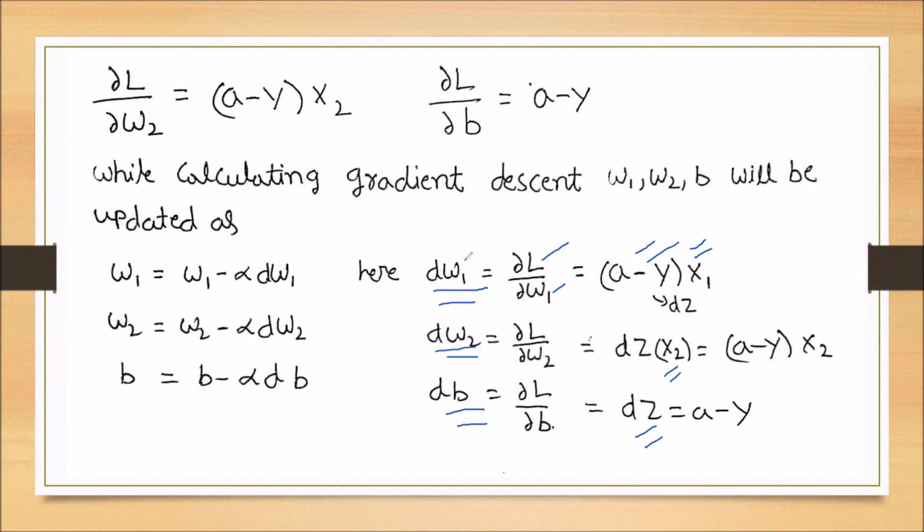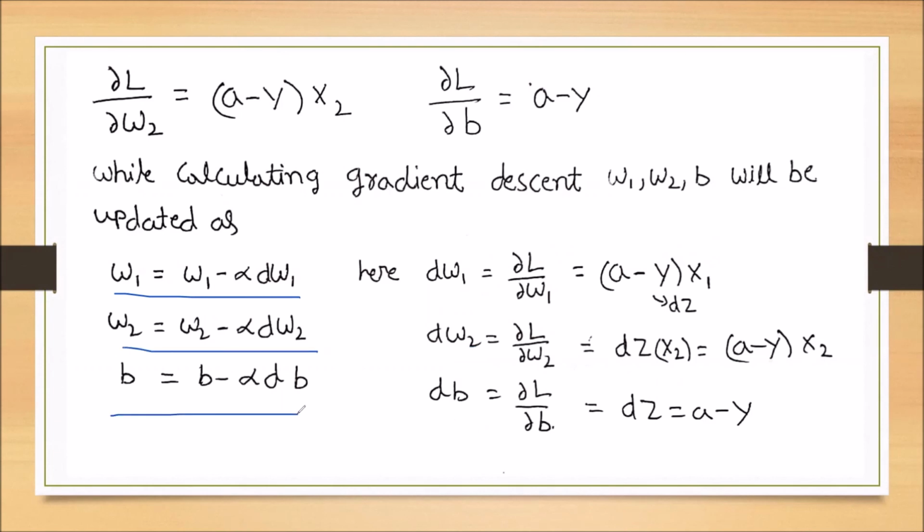So what does dW1 mean? It is the partial differentiation of the loss function with respect to W1. What is dW2? The partial differentiation of the loss function with respect to W2. Now, in gradient descent, we already know that when we want to find the minimum of the function, we have to decrement step by step. So here the equations will be updated as W1 is equal to W1 minus alpha dW1. This alpha is the learning rate. This will tell what step we are taking, whether a small step or a big step. This dW1 gives the direction in which way I have to take the step.